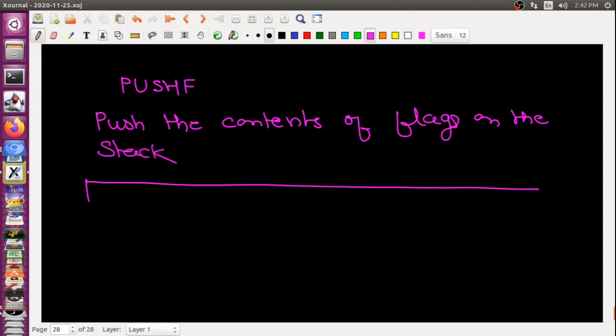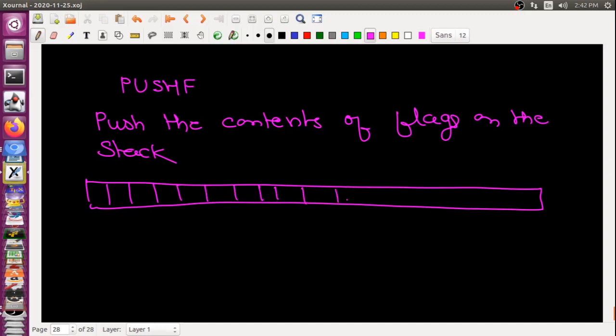We have seen that the stack is normally treated as a 16-bit register. I will tell you. This is my D0 and this is my D15.